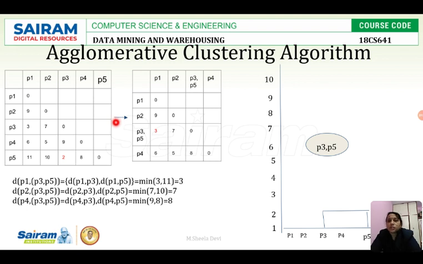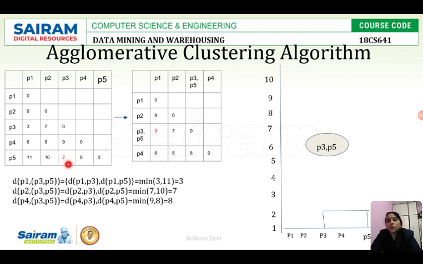Now what we have to do is, first we have to check the initial matrix, which is this proximity matrix. So in this matrix you check the value which is minimum. Check the point whichever is having minimum value. So in this matrix the value 2 is the minimum one.